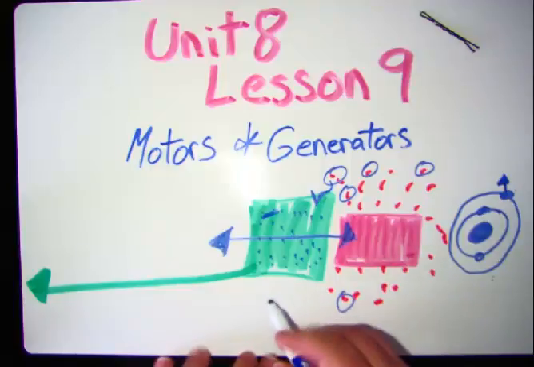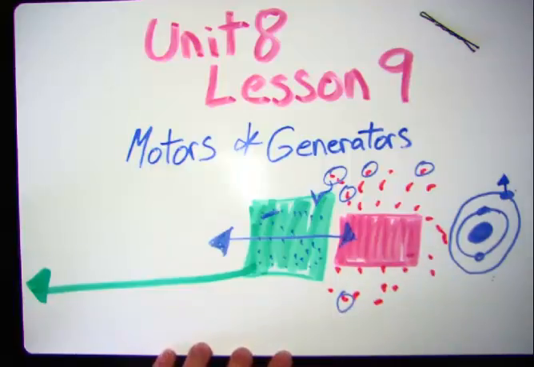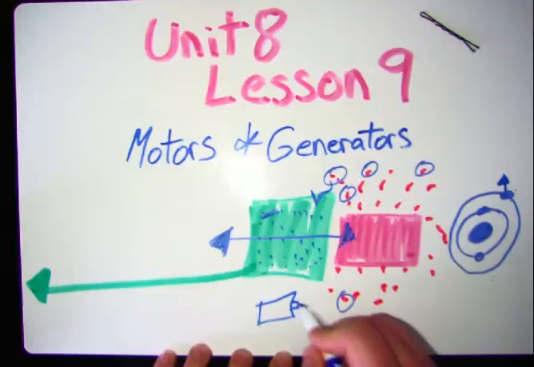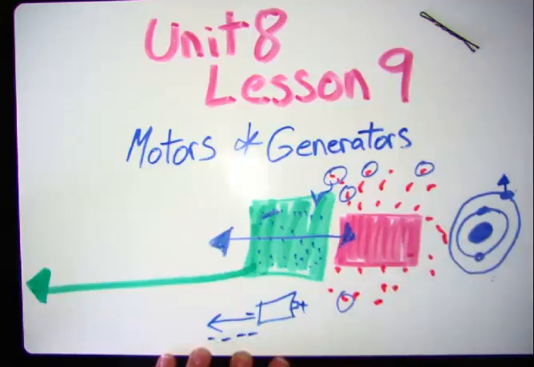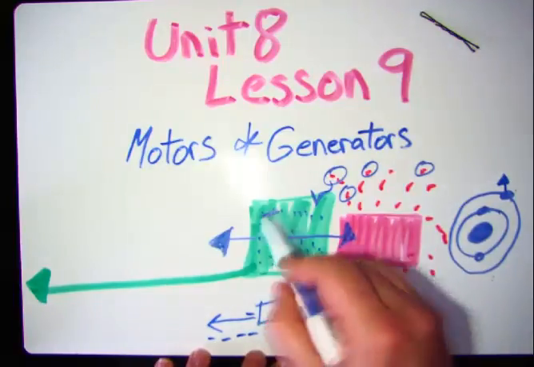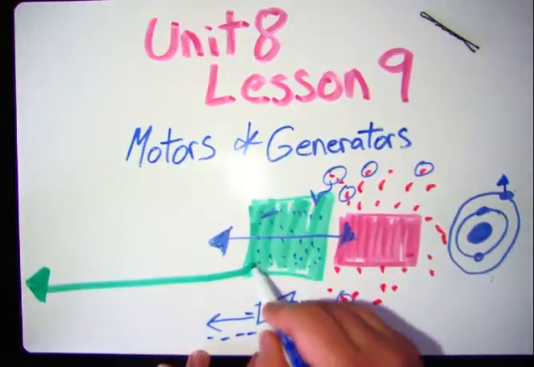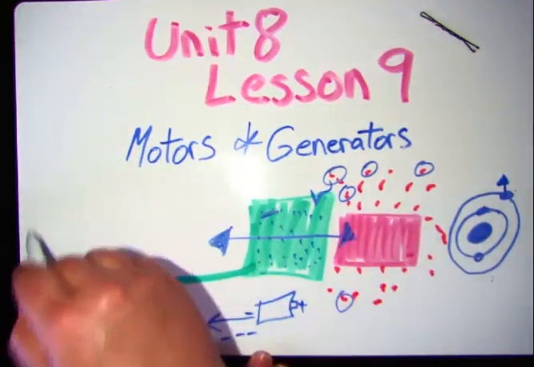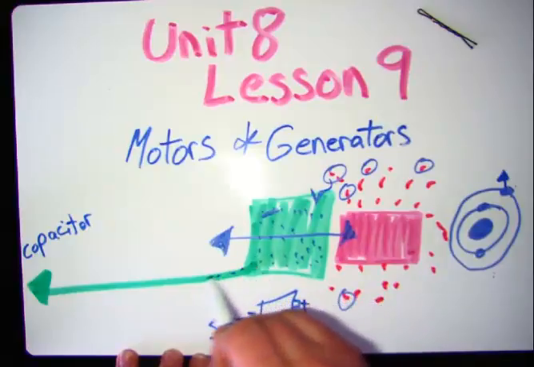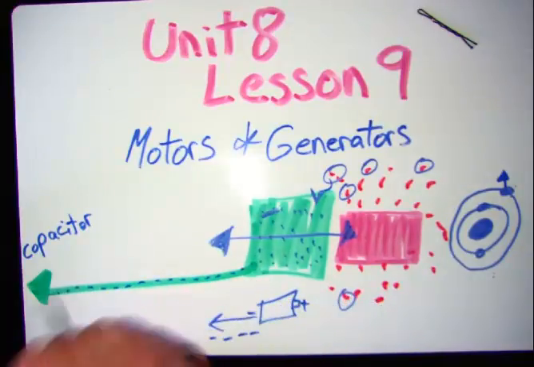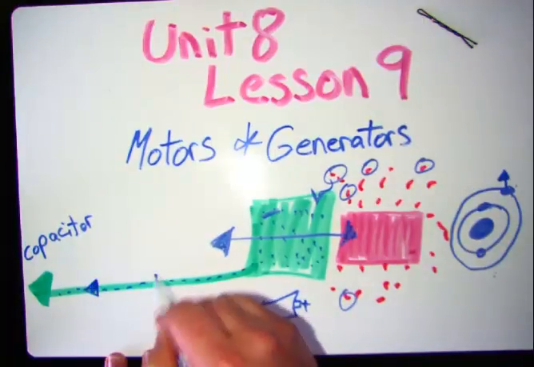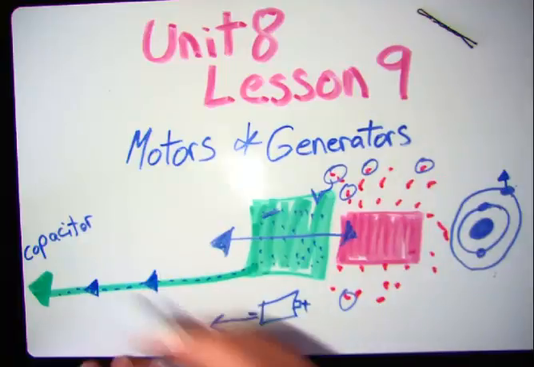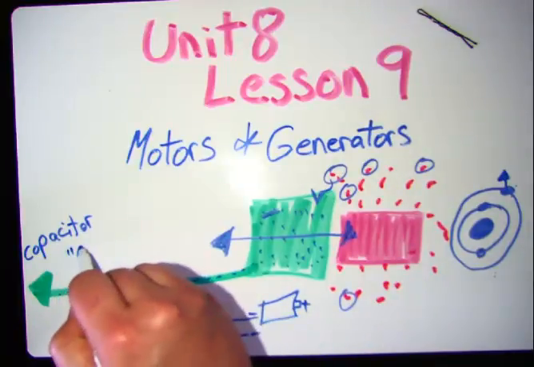Now you can think of it like when we were looking at the batteries. The positive end of the battery and the negative end, remember the electrons flow from the negative end and they're trying to get away from the other negative electrons. So if the copper wire is now negative, once you get to the capacitor, it's going to allow those electrons to move up that copper wire to the capacitor. So they're going to be flowing to get away from each other. So now if you turn on